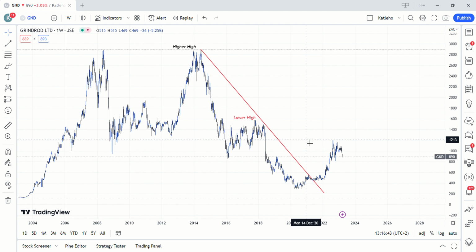So you can see we have been in a downtrend for quite some time, for about 7 years, and then price broke the trend line to the upside right here, which signaled a change in direction. The break of a trend line is a confirmation that the direction has changed. So we had our trend line break here